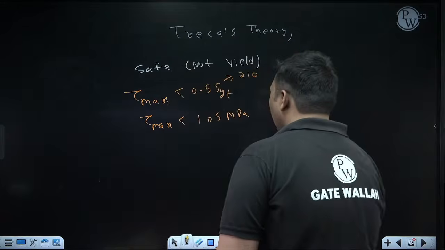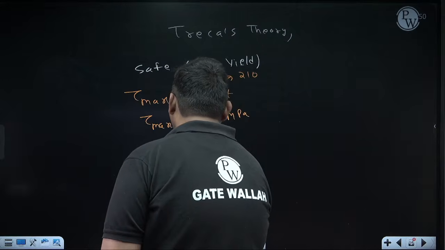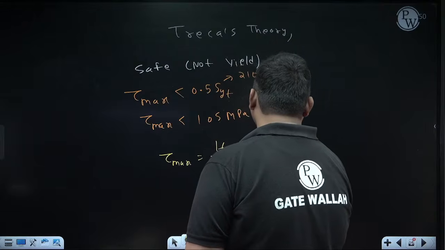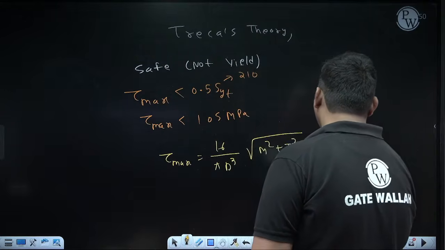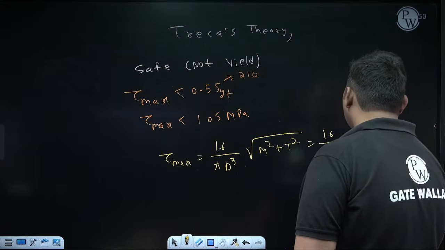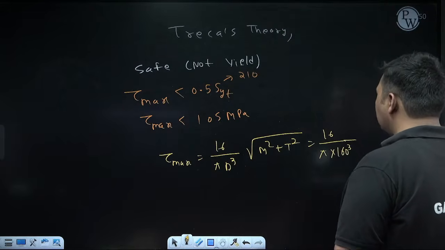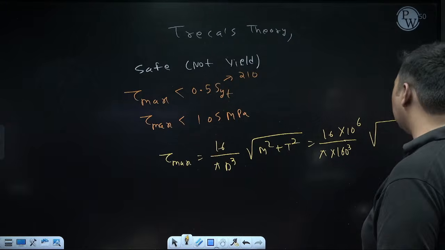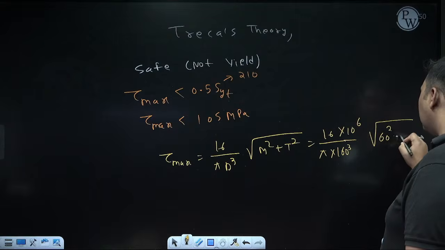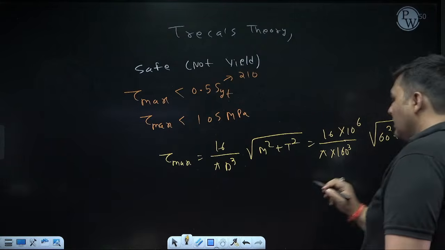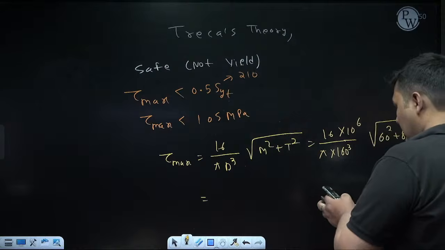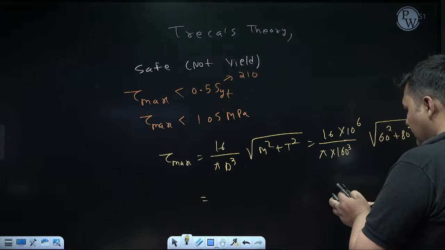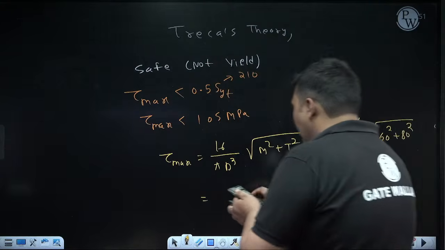So let's check. What is the formula to calculate tau max here? It is 16 upon pi d cubed, times the root of m square plus t square. Now 16 upon pi, diameter is 160, so 160 cubed. Now m is 16 into 10 to the 6, and 10 to the 6 is a common part that I am writing outside. So inside the root we put the values apart from 10 to the 6. In m, apart from 10 to the 6, 60 is coming, so 60 square. In t, 80 is coming, so 80 square. So how much is it coming? Root of 60 square plus 80 square, into 16 into 10 to the 6, divided by pi, divided by 160 cubed. Is it coming 124.34